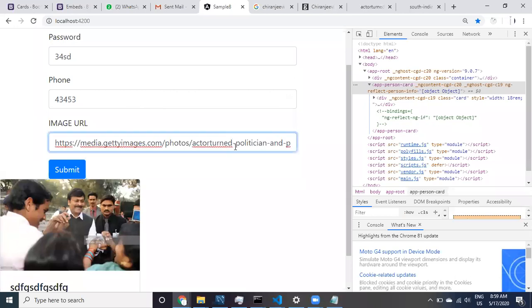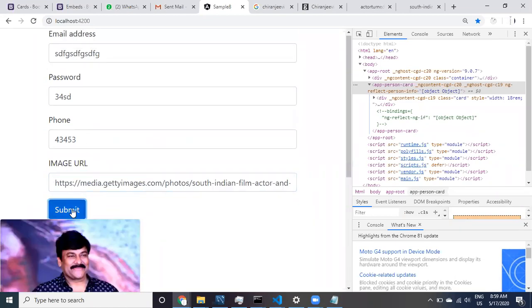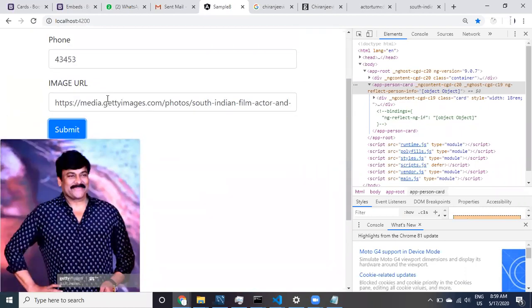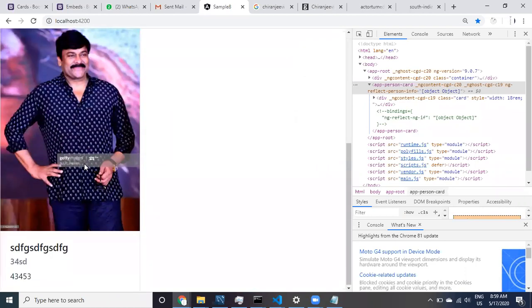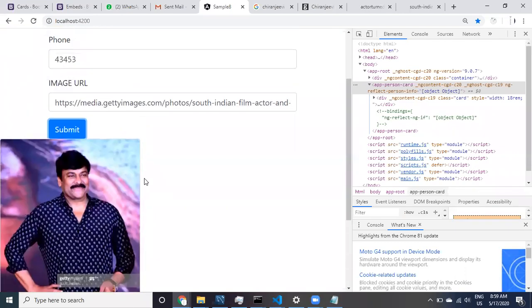Okay, let's look at it, guys. I want to remove this and then update, submit this. Data is already available, some other data, and click on this. See here, guys, whatever image I have provided, that image got displayed here itself. So that's how we can work with images.